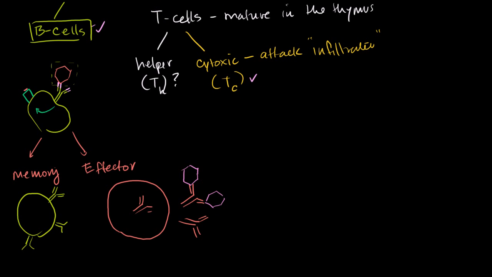Now, once something is presented, the helper T cell can come into the picture. So let me draw a dendritic cell, and I'm doing dendritic cells on purpose, because dendritic cells are actually the best cells at activating helper T cells. And we're going to talk in a second about what happens when a helper T cell gets activated. So let's say I have this dendritic cell. It's called dendritic, so it looks like it has dendrites on it. So the dendritic cell looks like that.